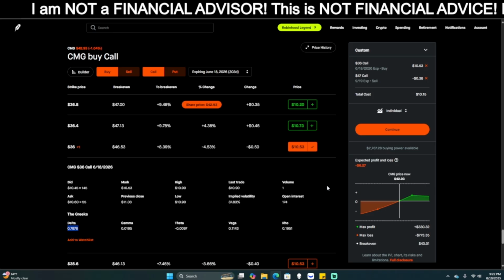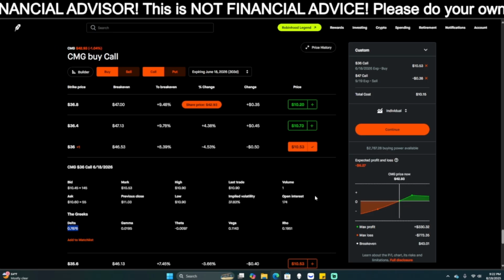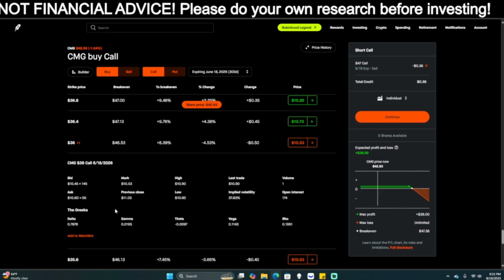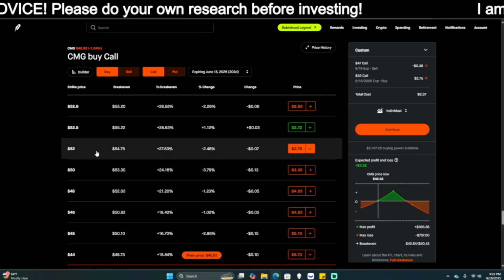So that's something to keep in mind, because as the stock is moving up, that means your leap option has more movement with it. And that's something to keep in mind when you're doing these kind of poor man's covered calls. And it does really help. But again, it makes your break even a lot less. Instead of doing an out of the money one, like out here, like $52, your break even's at $54,